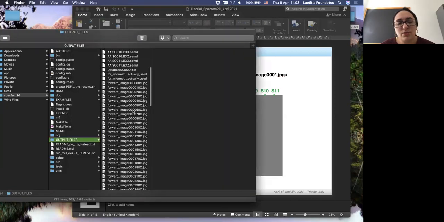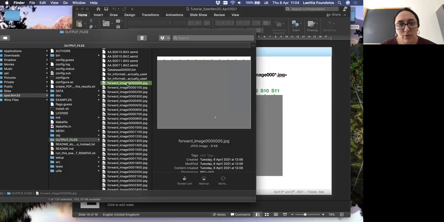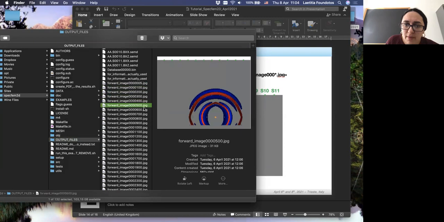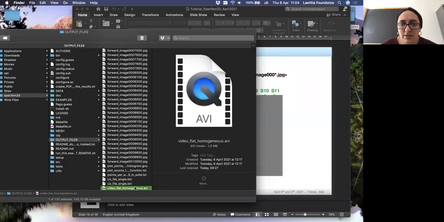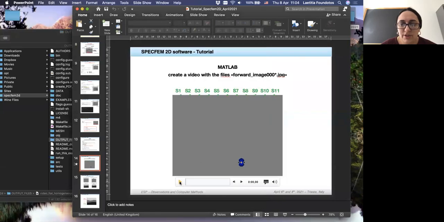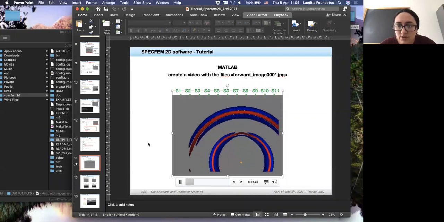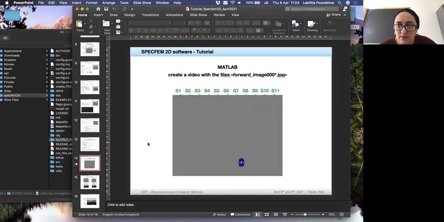The code has also output a lot of images, and with these images we generated a video. The video is here, I have included it inside the presentation. Let's run it again.